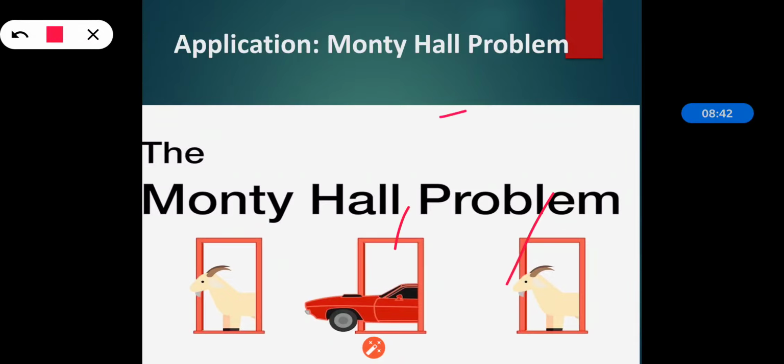Then F, which is the choice you tell to the host, because if I am the host, you are going to tell me which door I should first open. H is the door opened by the host, and I is whether whatever choice you have made is correct or not. That gives us the value. So these are some variables that we use when the Monty Hall problem is there. That is the real-time application, we can say.